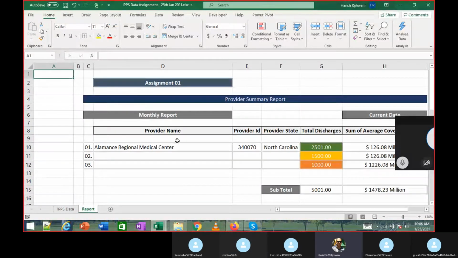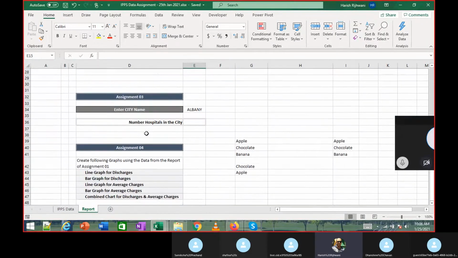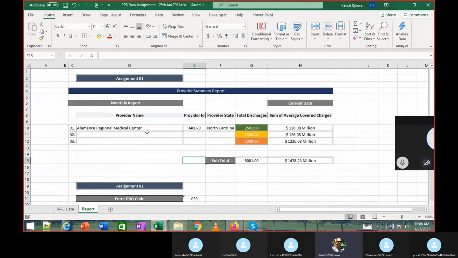Now what we are going to do is look at the second tab of the base sheet. We need to create a report like this. We are going to first focus on creating this report. There are four different types of reports over here. We're going to see how we create the report using Excel formulas. And that's the best way to learn, rather than me just telling you that this is the formula for XYZ or this is a formula for something else.